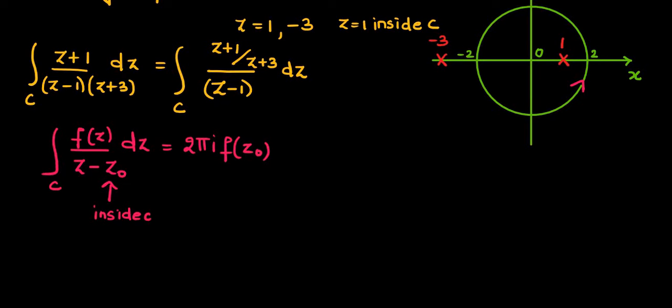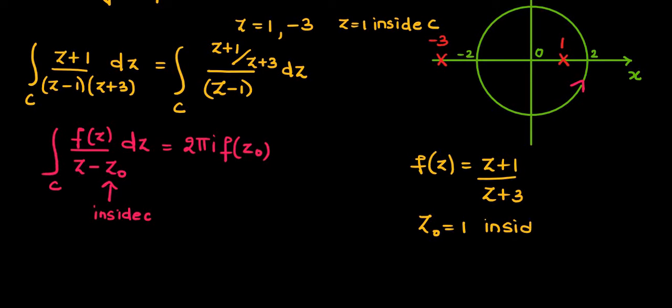So by comparing with the formula, we have f of z as the numerator z plus 1 by z plus 3 and z naught is 1. It is a point inside C. Now substitute this point in that function. So our f of 1 will be 1 plus 1 by 1 plus 3, which is 2 by 4,